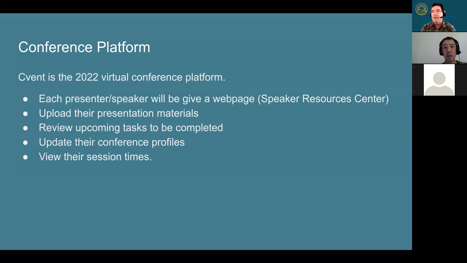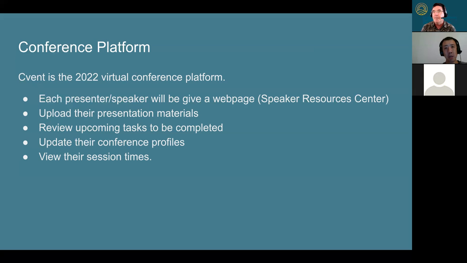This will give the speakers opportunity to upload their presentation materials, not just their slides, but also anything like a vocabulary list. We want to make sure that the people who are going to be supporting the session have an idea of what your vocabulary is like, and also they'll be able to translate it correctly.